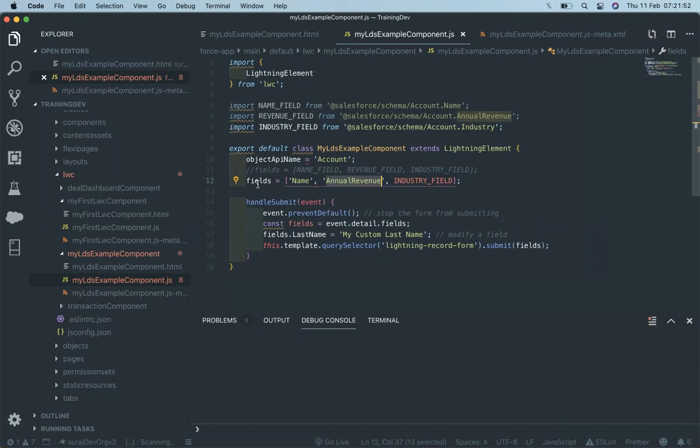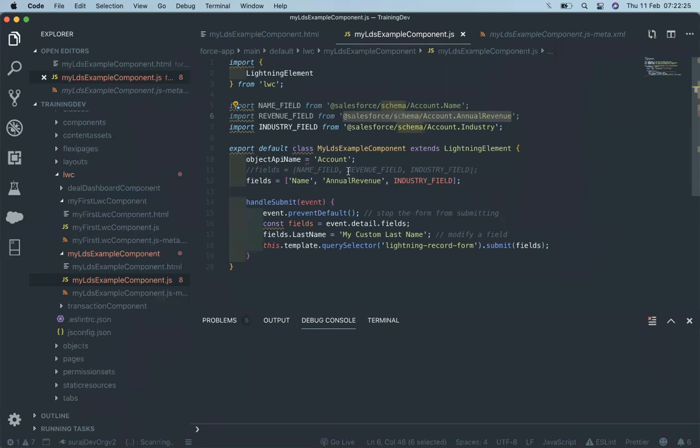It's okay, you can do anything. But why are we doing this? Suppose I'm working with a field name, and due to some requirement I change the field name in the database. Then I also need to change it in the LWC component if I use the hard coded thing. But if I use the schema, then I don't need to change it at any place. It automatically gets affected if I change it in the database.